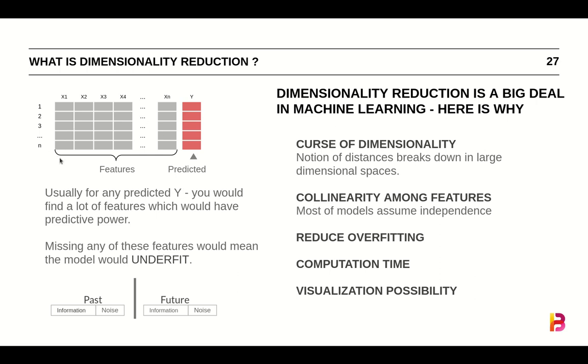But the problem with having multiple features is something known as the curse of dimensionality. There are multiple problems which lead us to this topic of dimensionality reduction. If we have too many dimensions, how would we be able to reduce these dimensions without losing any information? Before we go there, first we have to understand what the problem is with having multiple features. The first and major problem is also known as the curse of dimensionality.